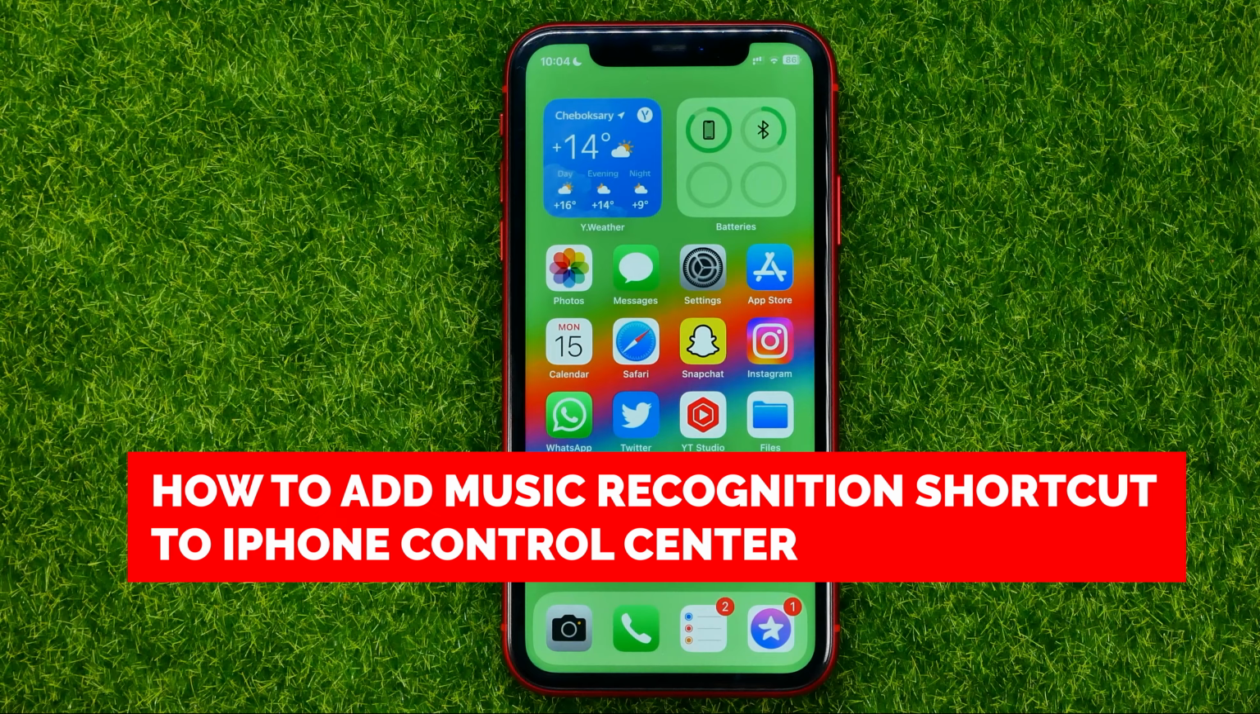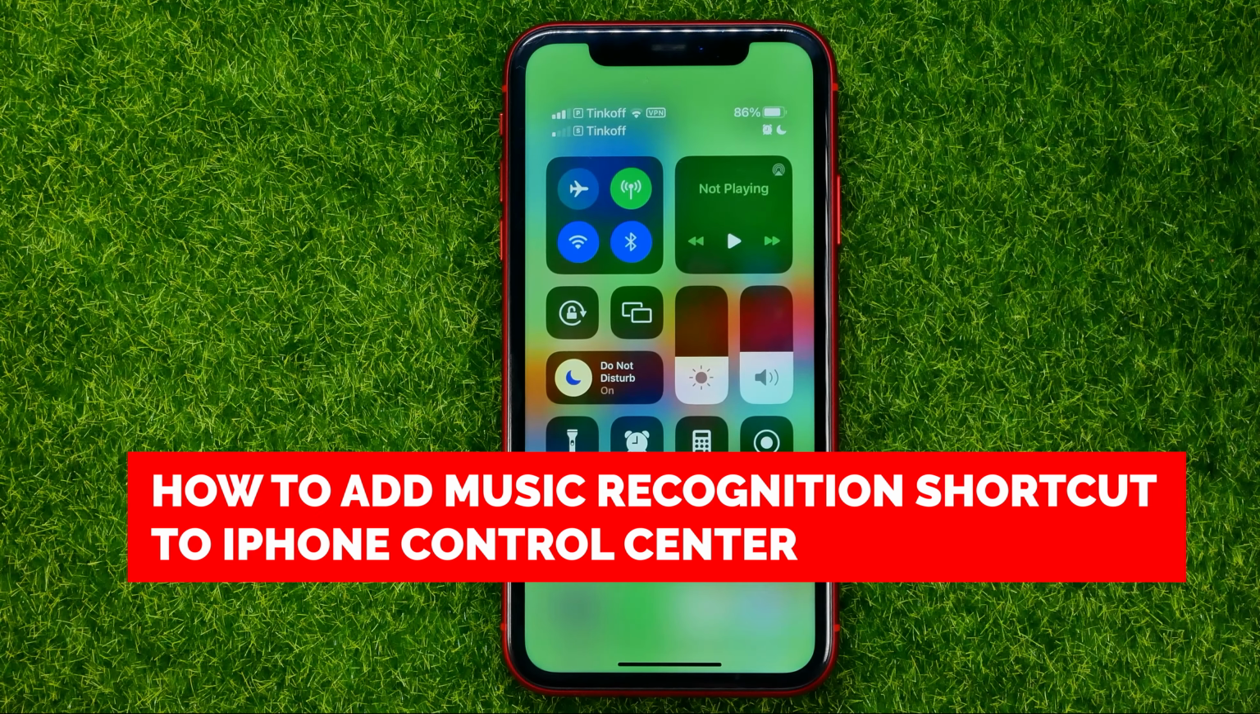In this video, I'm going to show you how you can easily add music recognition shortcut to your iPhone's control